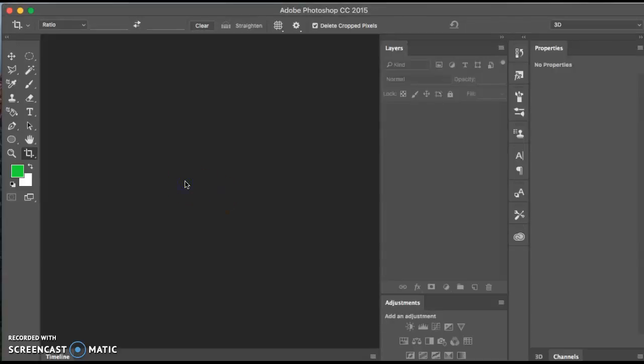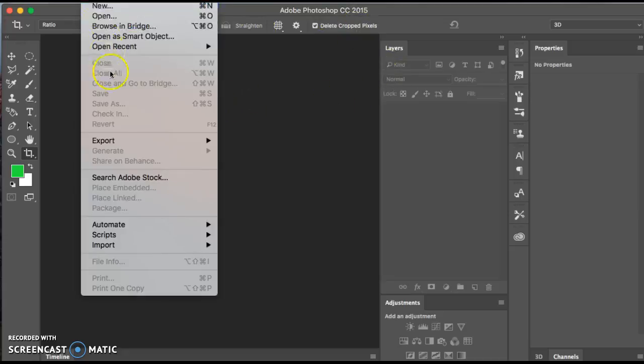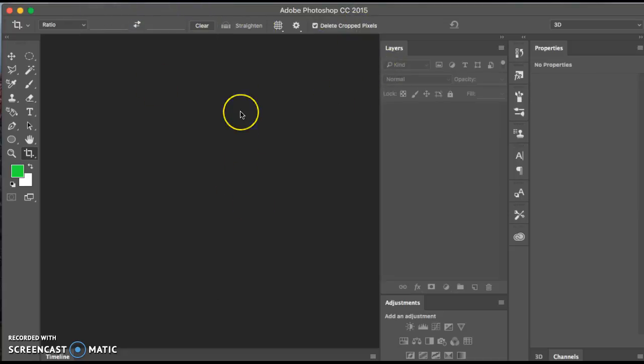Hi students, this is for week 6 and we're going to be focused on adding text to an image. This is part 1 of your exercise. So the first thing you want to do is launch Adobe Photoshop and then open up the image that I provided for you